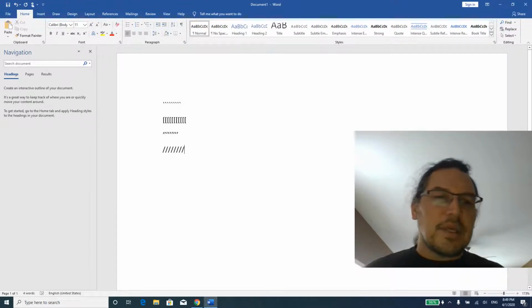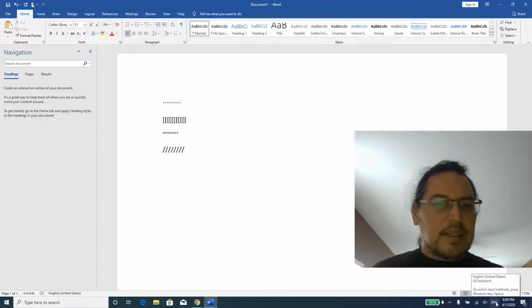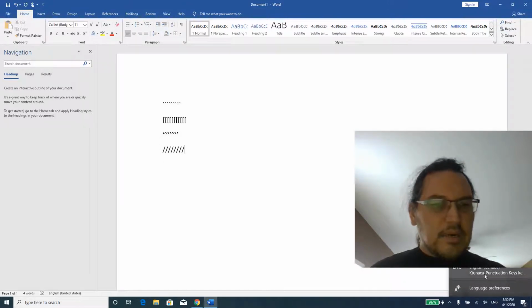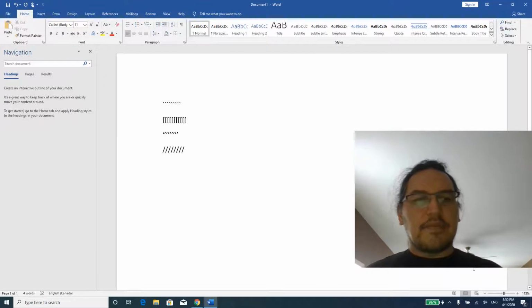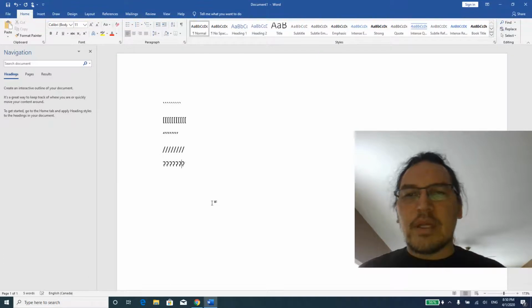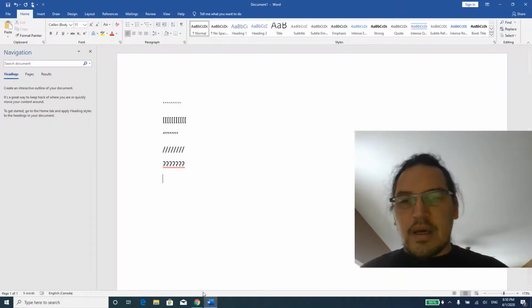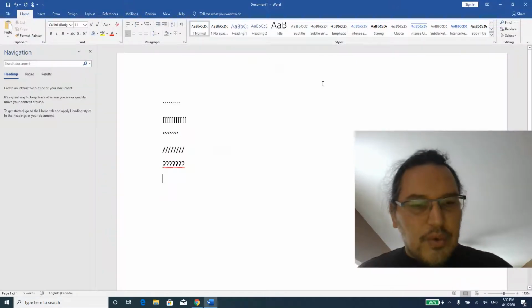Okay? So it's not happening in this. Why not? Well, we have to install the keyboard. Let's go down into the bottom right hand corner where it says ENG. This is our keyboard, and as you can see, there's ways of changing that, but we're going to click on that one, and here we've got the English Canada Ktunaxa punctuation keys. So we'll click on that one. So now we've installed the font, and we've directed that, we mapped it out with this new keyboard. So now type in that same tilde and we get glottal stops. Now where was that PDF document? If I want the cent sign, I want to click on that open bracket. So the open bracket gives me the cent sign,